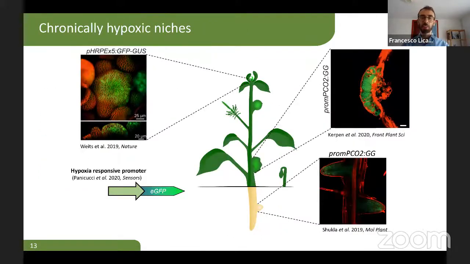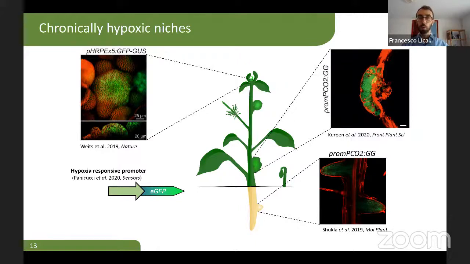So this leads us to speculate that potentially these oxygen sensing mechanisms arose rather to face the need of understanding and coping with endogenous oxygen gradients created by multicellularity, rather than responding to changes in the environment, which is a need also shared by unicellular organisms. And in animals, it is known that stem cell niches are hosted under hypoxic conditions. We found out that also in plants, this is the case.